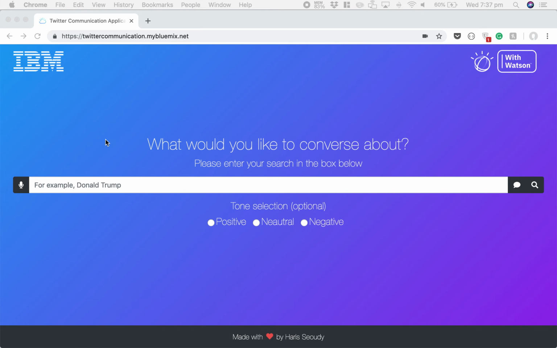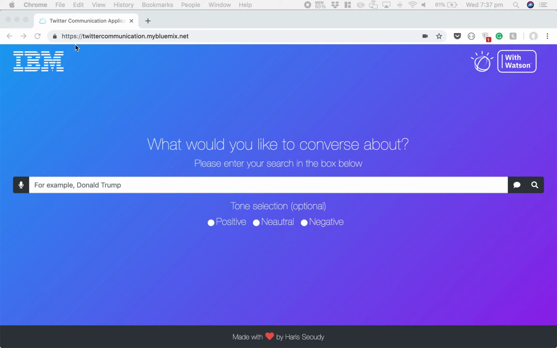And here it is. It's currently running on the IBM cloud, so you can access it via this link, https://twittercommunication.mybluemix.net. It's very important that you use HTTPS and not HTTP, as some of the functionality won't work if you're connecting through HTTP. So here's the application.